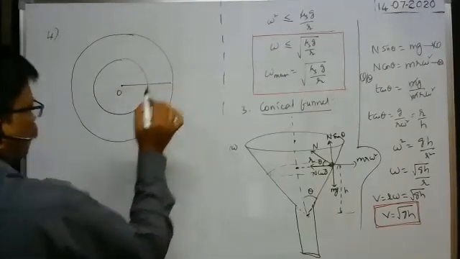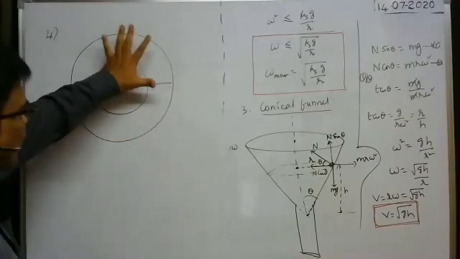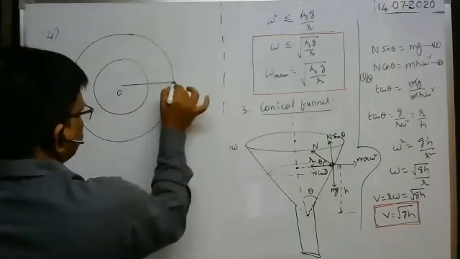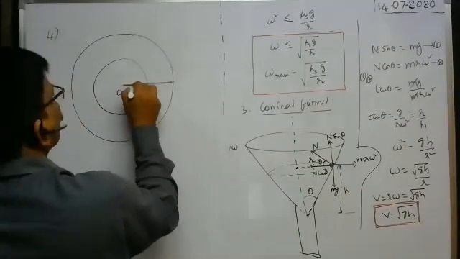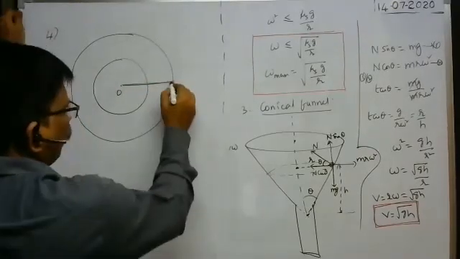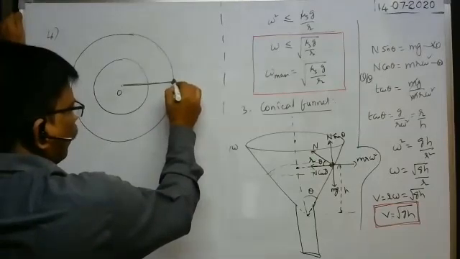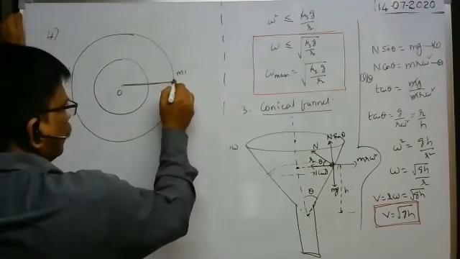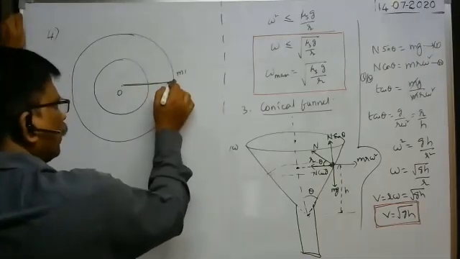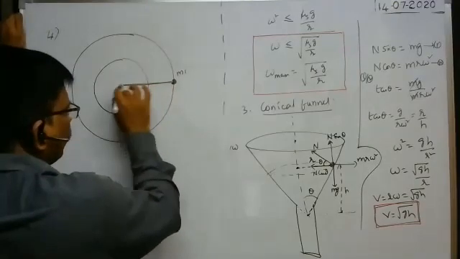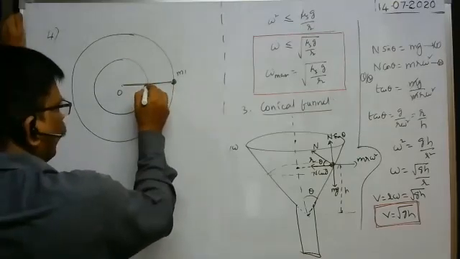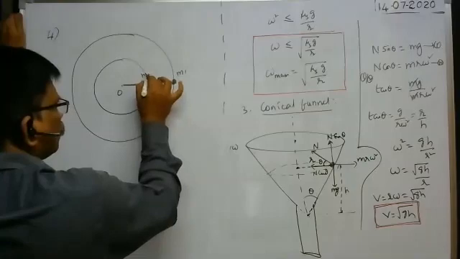Suppose there is a string, just forget the circles, just imagine there is a rope, having some length. At one end of the rope, one particle having mass m1 is fixed. In the middle, maybe exactly at the midpoint of the length of the rope, or at a certain distance, but in between the two ends, need not be exactly at the center, one more body is fixed having mass m2.